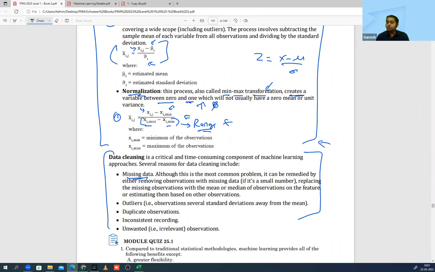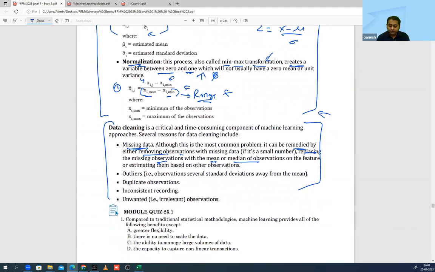So one of the most common problems that we see is missing data. One of the ways you can remediate is removing the observation or replacing the missing observation with either the mean or median. So I have the height of the student, but not the weight. I will take the average weight of the class and put it over there. That is one way. Or the median weight and I'll put it over there. Clear? This is one big problem which we have to sort out.